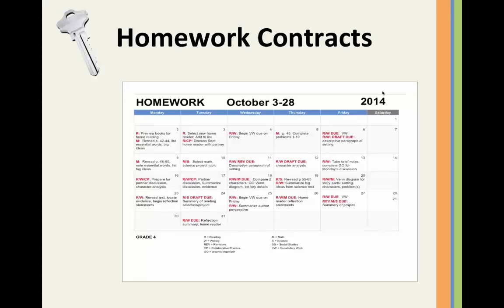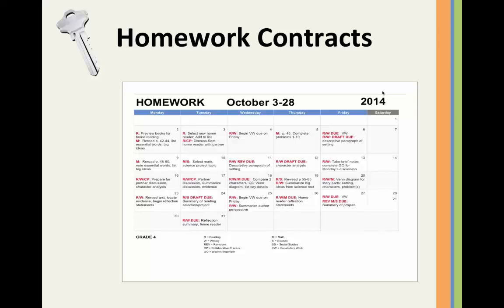What I'm doing is I've already taught this content. It's not new, and now it's going to be assigned as homework. And so by providing a contract, now students who are involved in activities, athletics, have family things that need to be done, they can work ahead and be flexible and get their work on time. And parents really enjoy that.